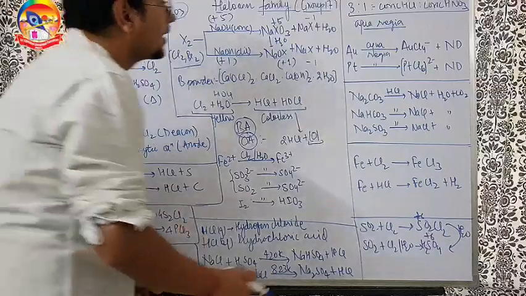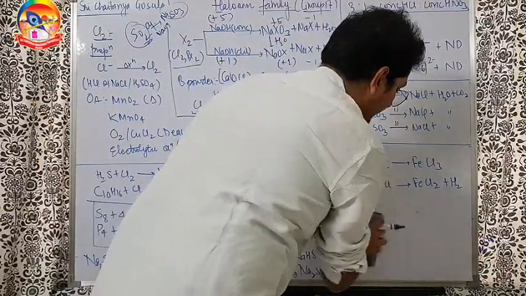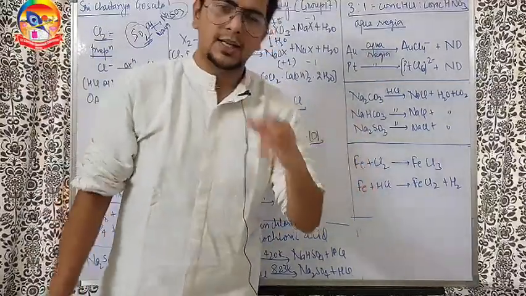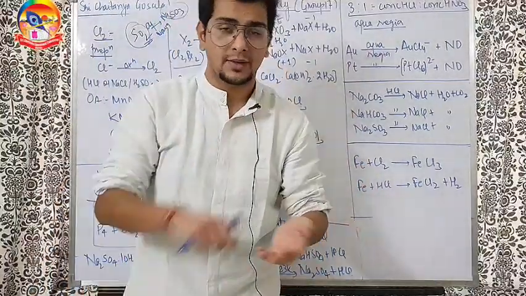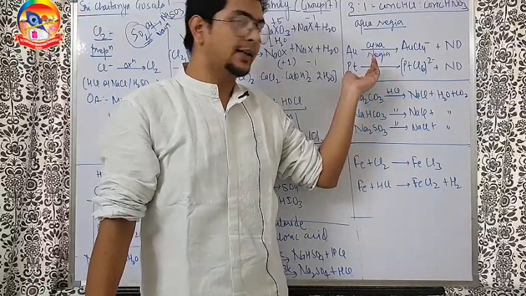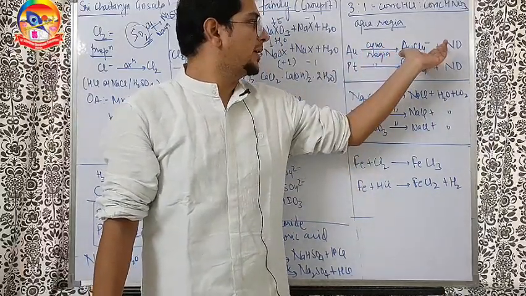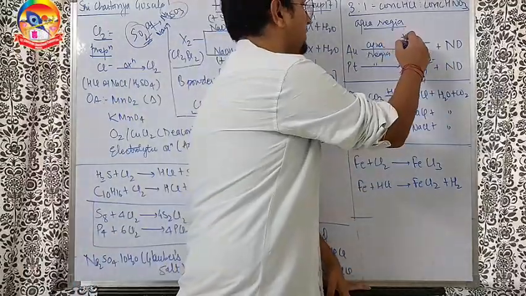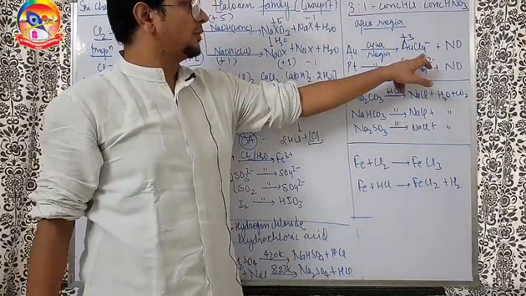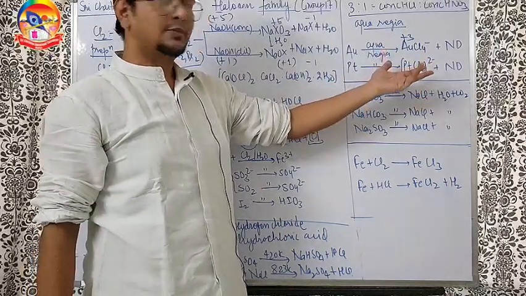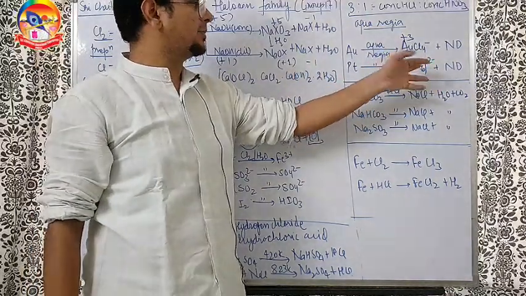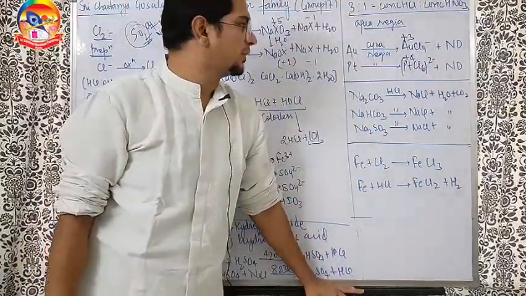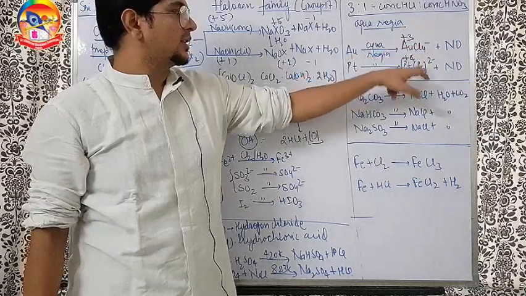Going ahead here. Now, a 3:1 mixture of concentrated HCl and concentrated HNO3 is called aqua regia. Aqua regia is a solution that dissolves gold. So gold and platinum get dissolved in aqua regia to form AuCl4 minus. Check the oxidation state also. It will come out to be +3. And check the coordination number also, 4 is coming. Here platinum, in coordination compounds also I discussed that platinum 6 means +4 oxidation state only. So here +4 will come directly, not a problem. So coordination numbers are important here, oxidation states are important.